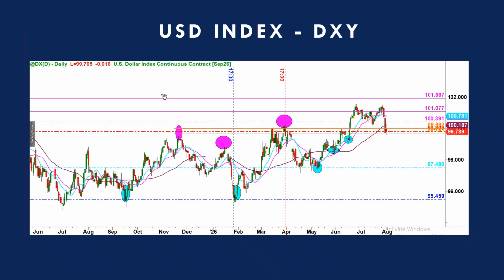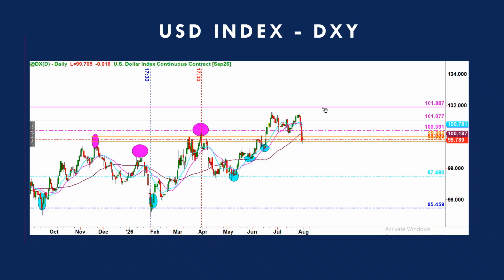The chart on our screen is of DXY, the US dollar index, and we're looking at the daily chart. DXY has now managed to clear the sell orders in the supply zone between 101.077 and 101.887 and has formed a double top before its reversal and closure at about 99.789, and it's currently trying to take out the buy orders at about 99.27, below which there is another intermediate zone at 98.622, and finally there is a nice strong demand area at